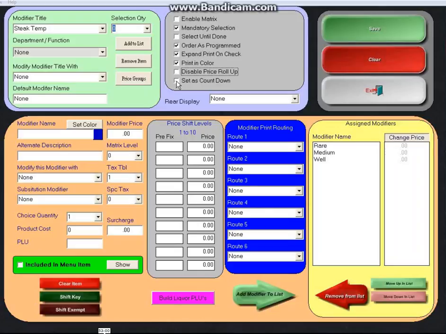And this set as countdown is best used for things like wings, chicken wings. If they allow you, say for 10 wings, if they allow you to change